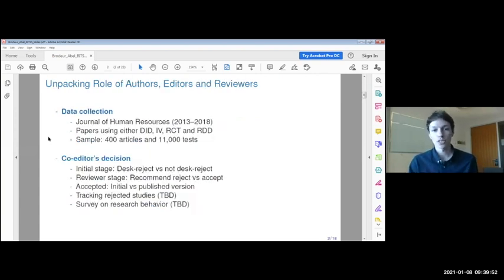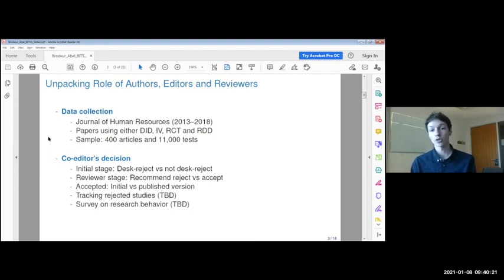The journal in question is the Journal of Human Resources. This is a top field journal, an economics journal. This is not one of the top 5, but this is the journal you would go after, unfortunately, being rejected at the top 5. So this is a really good journal. The acceptance rate is 6%. They receive hundreds and hundreds of submissions every year. A third of submissions are rejected at that journal.